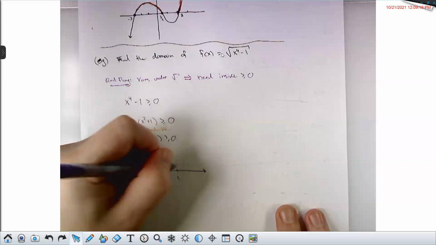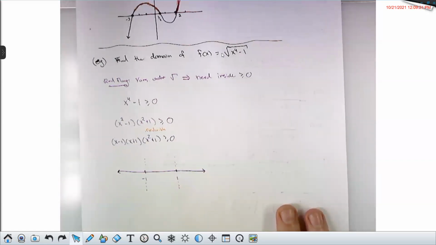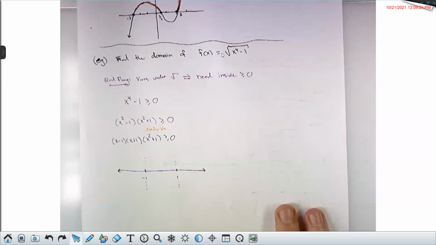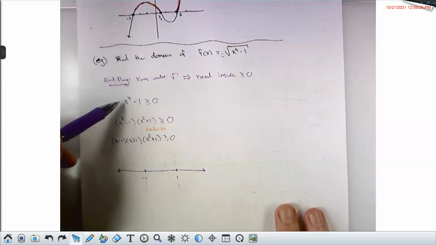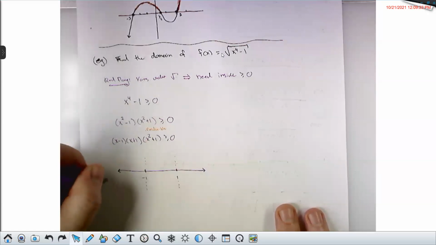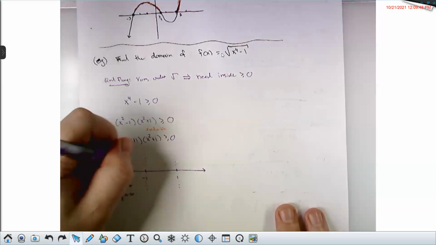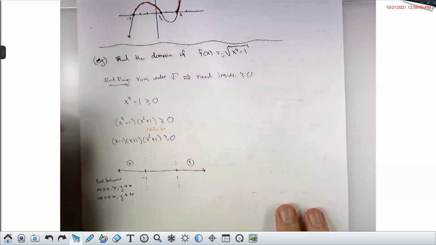I don't get any cut points from x squared plus 1 because its roots are not real. And here we could get away with using the polynomial end behavior. So here my degree is even and my lead coefficient is positive. So my end behavior is as x goes to negative infinity, y goes to positive infinity. And as x goes to positive infinity, y goes to positive infinity. So we're going up on the outsides.